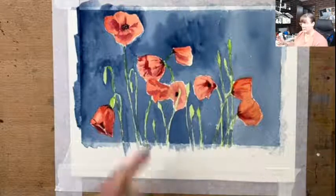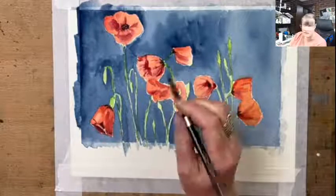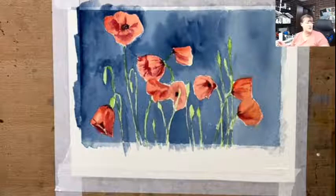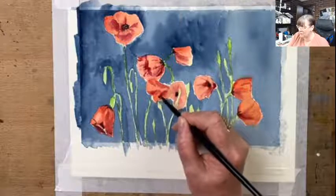Leave that alone. I'll pop some more red on top in there eventually. Strengthen up that, because that one looks a bit strange. You always end up with one flower that looks a little bit odd. It's like any picture I do, I always end up with one part of the picture that I always go,